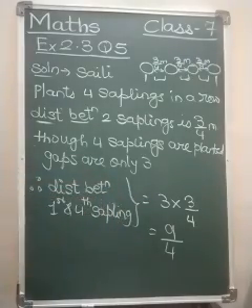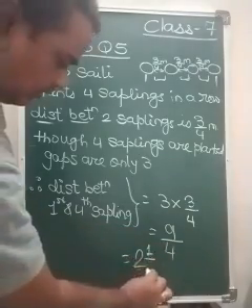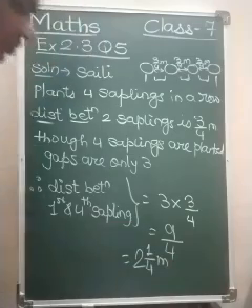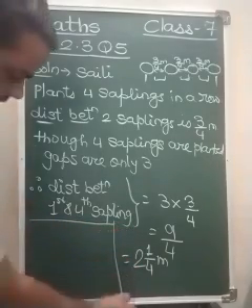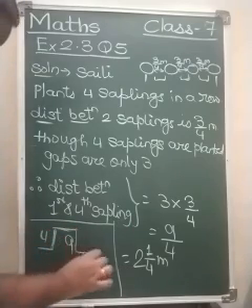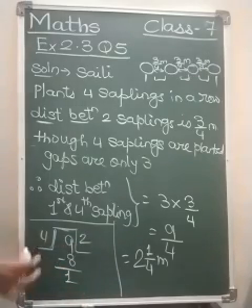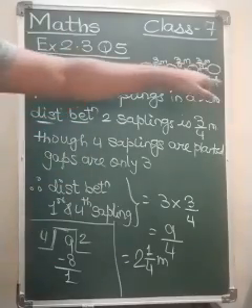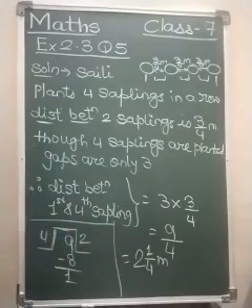Orally also we can do. Now 4 2s are 8. 2 would be the quotient. So this equals to 2. Out of 9, 8 is gone. So 1 is the remainder upon divisor 4. So 2, 1 upon 4 meters. Or you can solve and see it. I am solving it here for you. 9 divided by 4. 4 2s are 8 minus 1. So quotient remainder upon divisor. So the distance between the first and the fourth sapling is 2, 1 upon 4 meters. Okay, we stop here only.